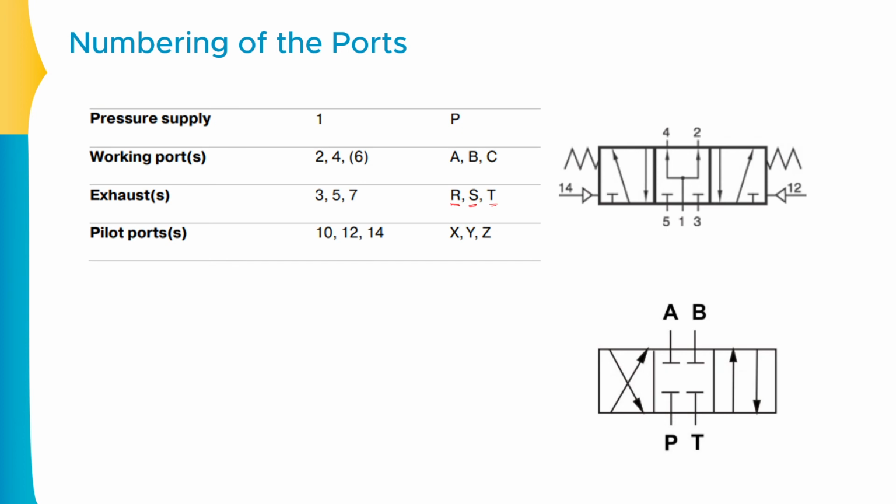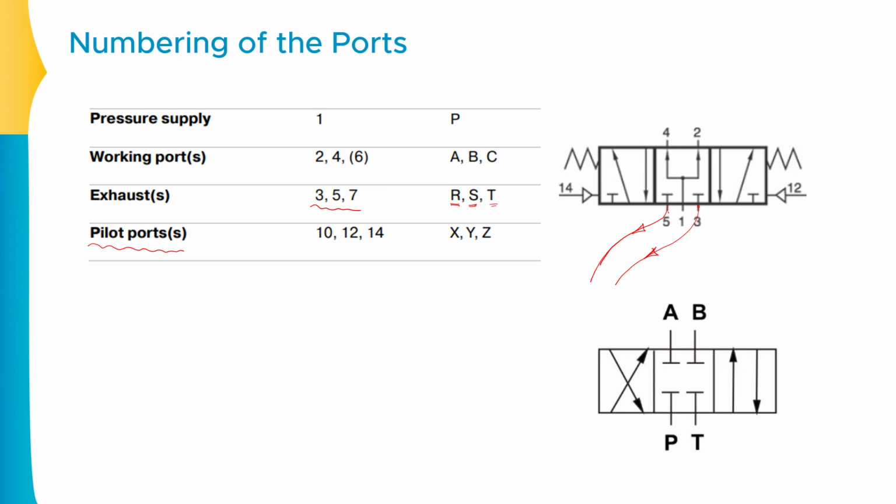So there are a total of 3 alternative terminologies available for the exhaust, or alternatively we can use the odd numbers to represent the exhaust. From this notation we can understand that the fluid will return from port number 5 towards the reservoir or the tank. The same way, from point number 3, the fluid will also return towards the reservoir or the tank. Clear?